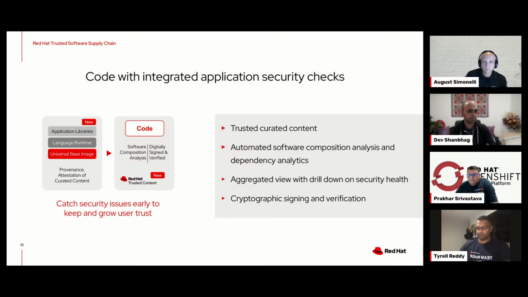As soon as the developer writes his code, he can scan it and figure out that everything he has used in his application is vulnerability free. There's no vulnerability inside it. This is what we are trying to bring with our secure supply chain approach. We are not just waiting for the post-development scan; we are proactively flagging real-time issues in the developer's workspace. So when developers are writing code on their laptops, they know that the code they want to push into their repositories, into their SCMs, is free of vulnerabilities. That's what we are trying to do here.